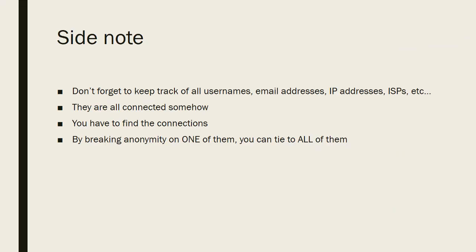So when I harp on it again, keep track of usernames, email addresses, and so forth, because it can be overwhelming on the first day of a case. You can seriously have 50 different usernames with hundreds of IP addresses, but you have to keep organized from the beginning. Otherwise, you're going to be overwhelmed, because they are all connected. If they're all part of your case and your suspect is creating all this data, they're all connected somehow. You just have to find the connections.